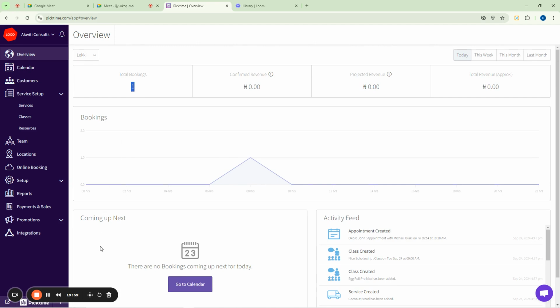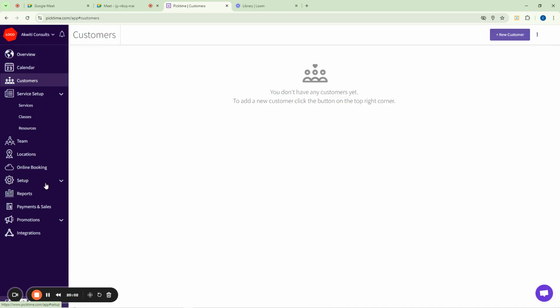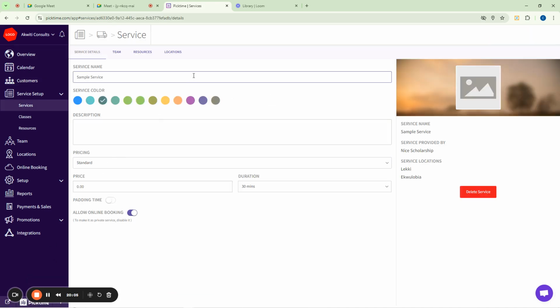And then now if I come to my customer section, your service is that thing that you are offering, that they are paying you for. I was even saying that if you make hair along the street, that is a service. So you now want to specify how much they are going to pay you for the service that you are offering. That is what we are simply doing here. So we say, okay, we have the first service now. Let us call it executive escort services.